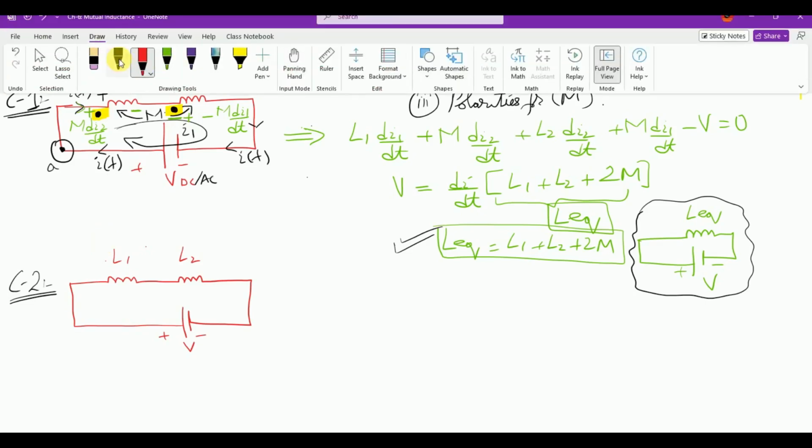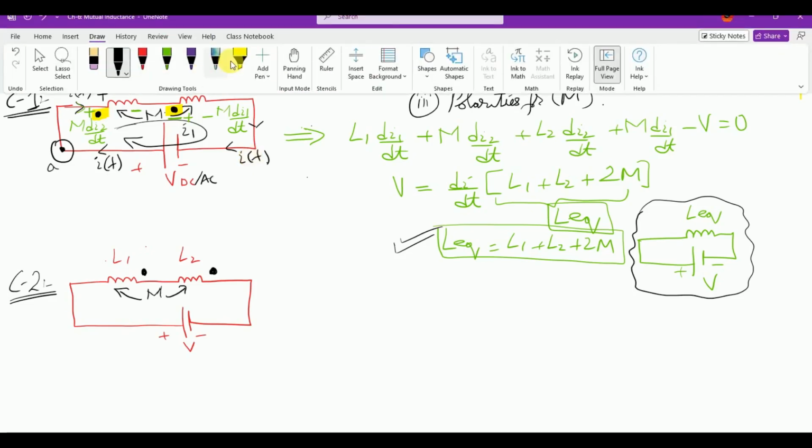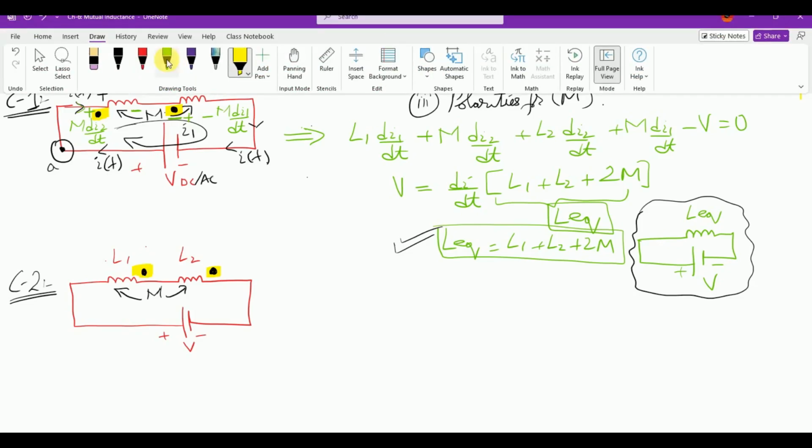So I'm going to use the same color combination because we want to have mutual coupling between these two inductors represented by M. So now the dots are placed at the exits of the terminal for both the inductors. So these are the dot conventions. These are basically going to help us see the flow of current. So if I want to know the flow of current, again I'm going to write it in terms of